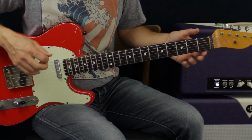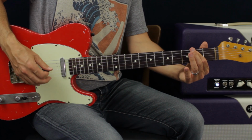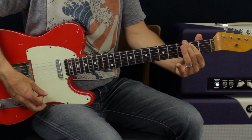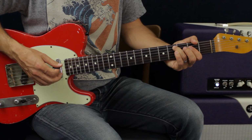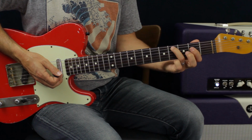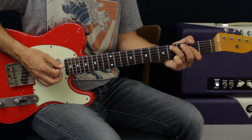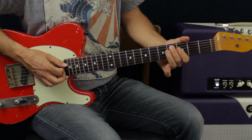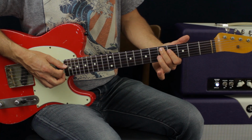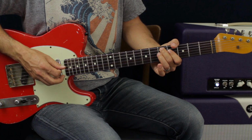Okay, so all I'm doing is I'm doing that same kind of E where I hit the low and then, okay, and then what I'm going to do is I'm going to go that chord that we transitioned into, the B minor, I'm going to hit that again. So it's the 4th fret of the A, 2nd fret of the D, and then I'm going to shift it up, and now I'm going to use fingers 1 and 2 and catch 5 and 4 on the A and D. Okay, so we got...